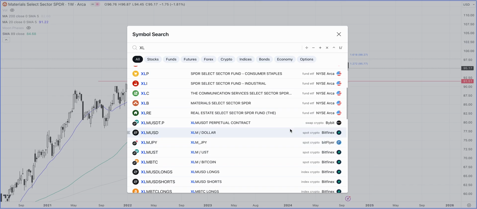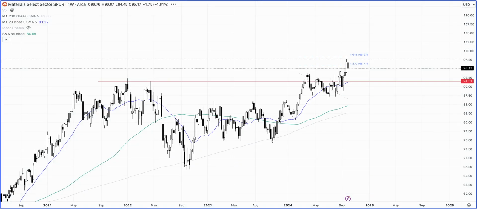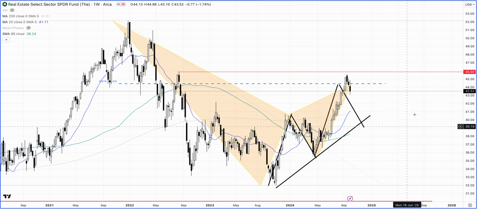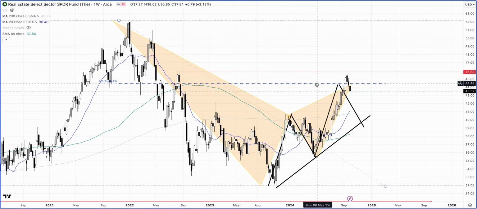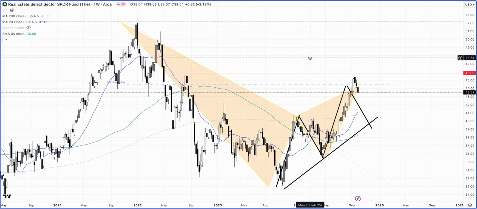Now let's take a look at the real estate. Okay, so yeah, this is what we were watching. Remember when we were looking at this pattern formation here, we had a pretty strong resistance coming right here. This is the kind of situation which we have in the utilities as well. And what's the utilities that we had a look at? I can't remember, sorry, but we had a pattern like this. So this is a pretty strong resistance because of this pattern.